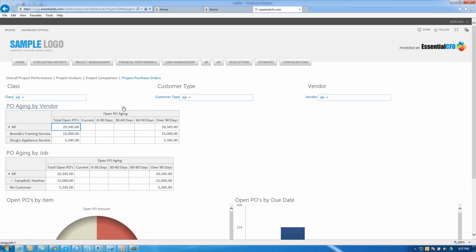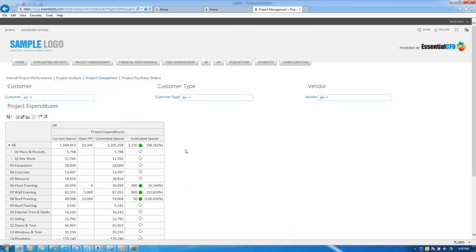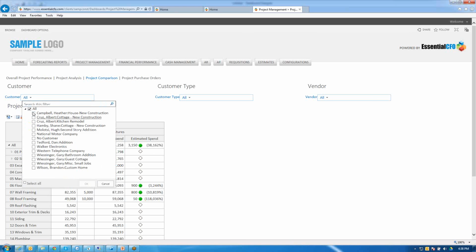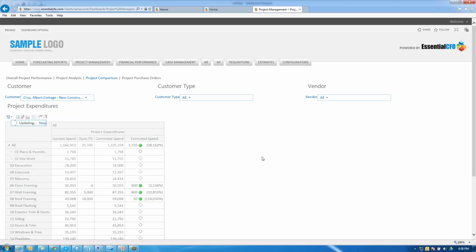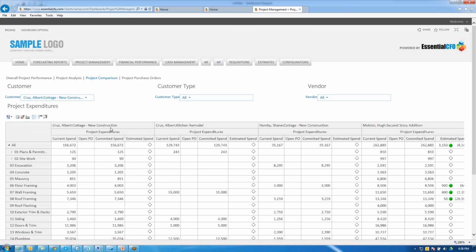Right. Now, the other thing we did was we gave you a little project comparison. And this is a lot of fun. This was somebody's suggestion, and I looked at it, and I thought, wow, that's a really good idea. So what we did was we said, look, I want to be able to compare projects. So these are projects, individual projects, right? And what happens is it just drops them right in, and I can look at spend with open purchase orders,